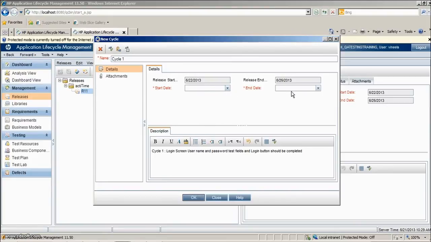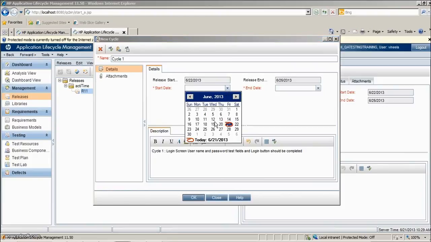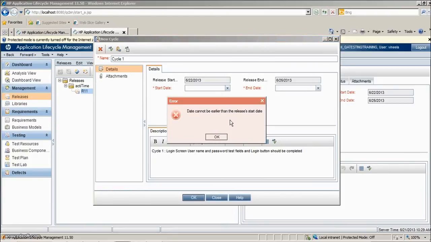This start date and end date should be within these two dates, which are the release start date and end date, because we are creating the cycles in the release only. If I select a previous date, you will get the error: date cannot be earlier than the release start date.